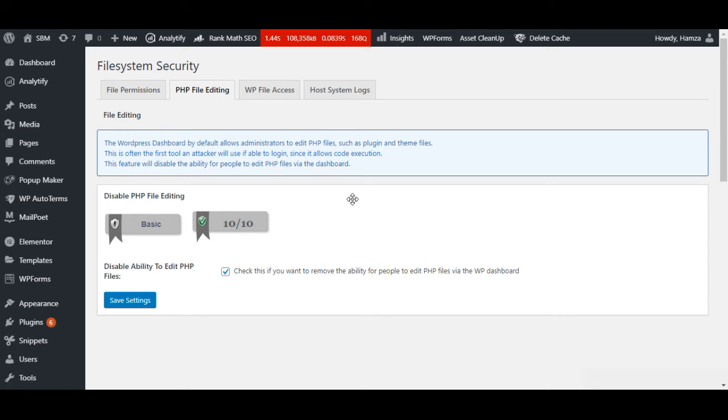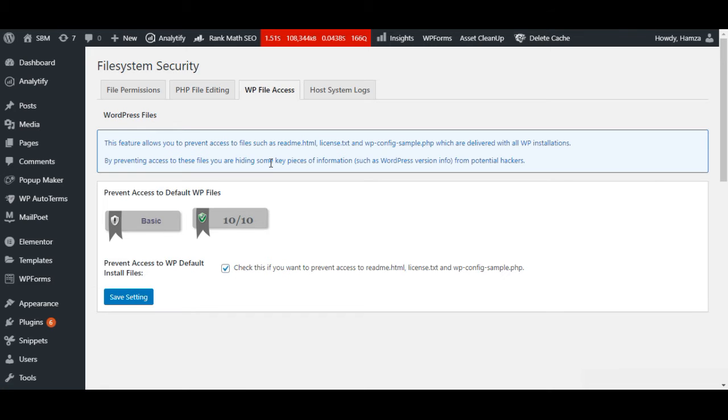This feature will disable others from having the ability to edit your PHP files. So let's check this option and click Save Settings. Let's move on to the next tab, which is WP File Access. So click on it. The WP File Access